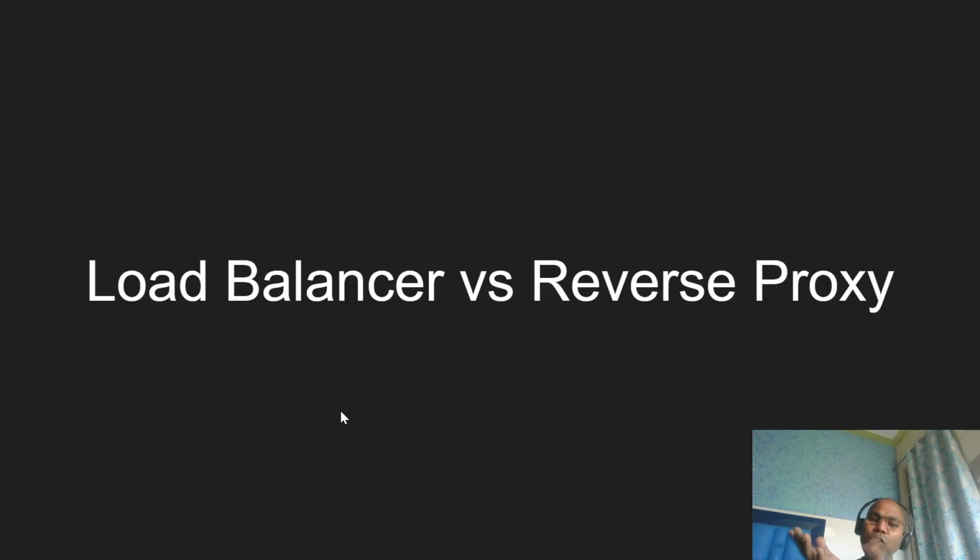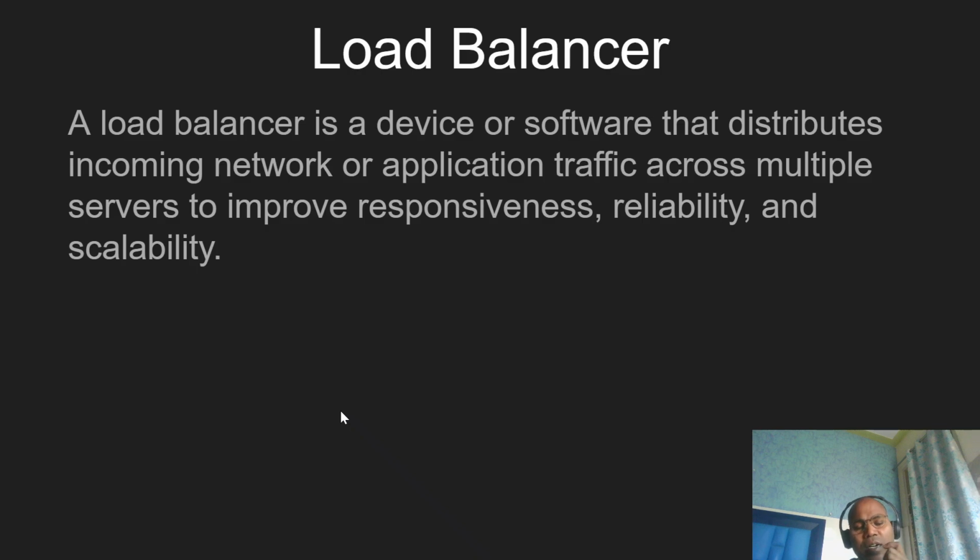So here, let's also understand load balancers and reverse proxies. They look similar; a reverse proxy plays a role as a load balancer. Sometimes it is a load balancer, sometimes a reverse proxy. So there is a minor difference in understanding. Let's understand the concept. We have already discussed the load balancer in detail, so I'm not going to go into more detail here, but understand that a load balancer is also a device or software.